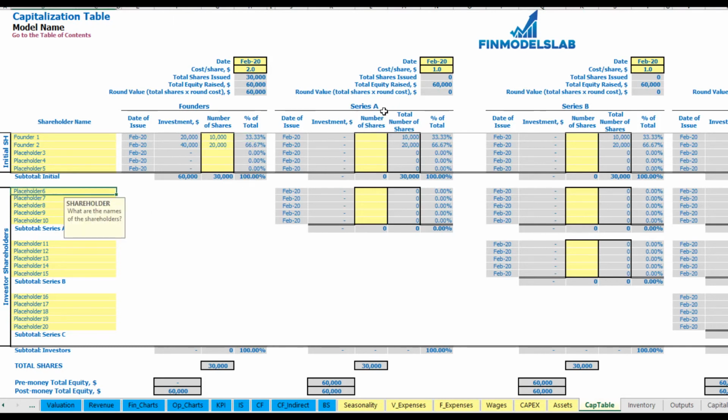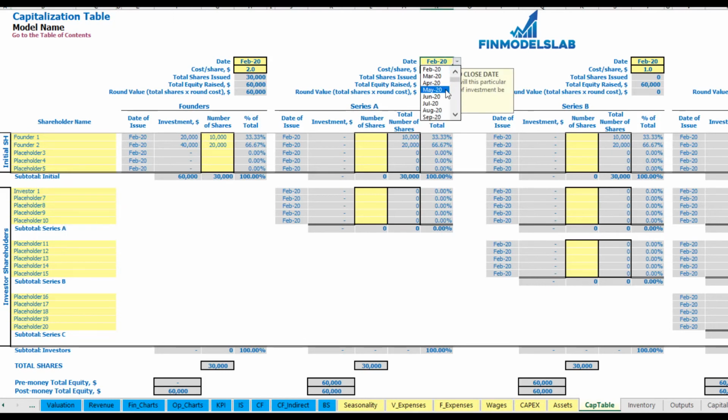So let's pretend that for Series A we have 1 investor and the date of issuance is May. Cost per share is $5 per share and number of shares is 1,000. So total amount of investment will be $5,000. You may see that before the Series A total equity was $60,000, after is $65,000, and investor 1 will have